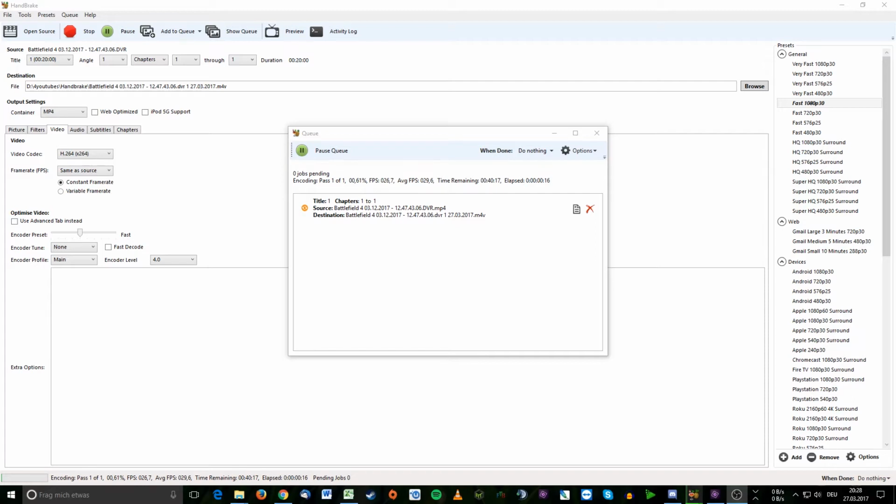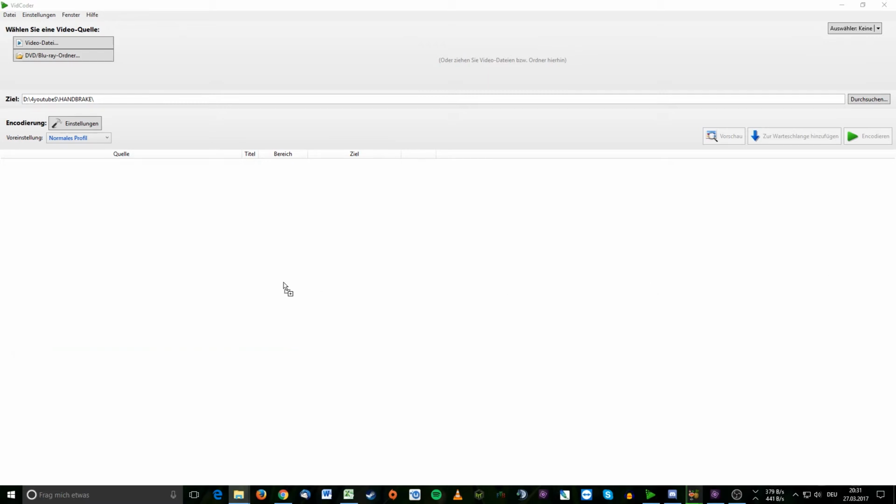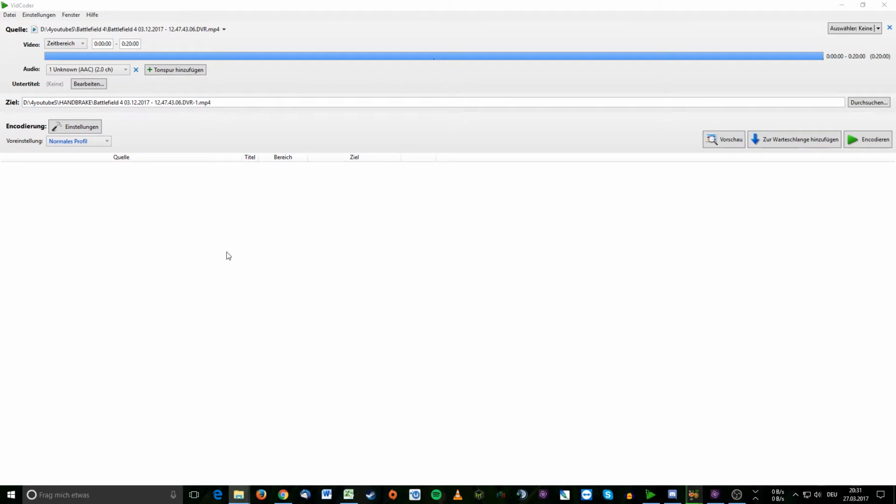So the second program I'm suggesting, because this audio bug with Handbrake might not be solved, might be solved or whatever, is called Vidcoder. Vidcoder is a program that is more or less a Handbrake clone. Well, it's really a clone. The only thing that is a bit different is, well, the look itself, and